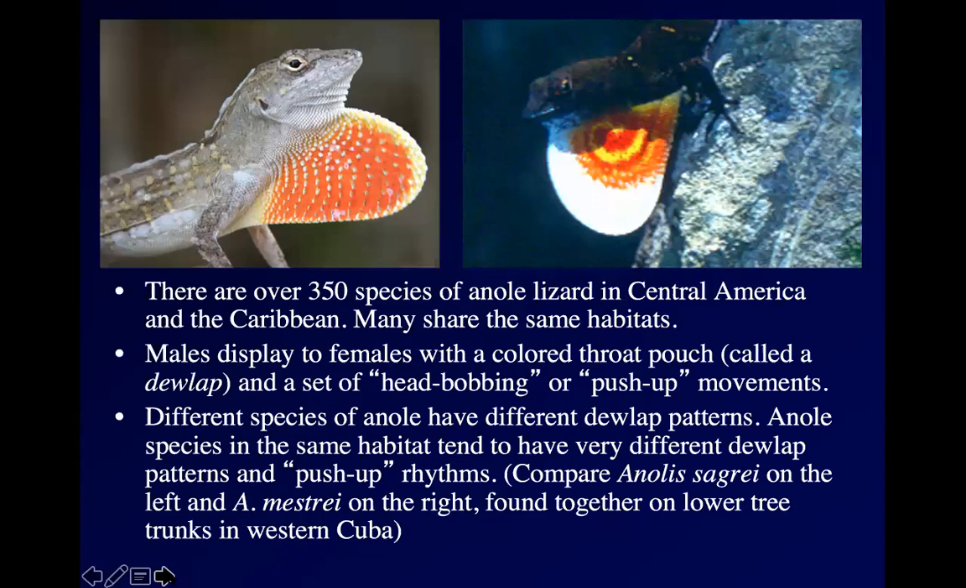There's over 350 species of anole in Central America and the Caribbean. Many of them share the same habitats, and as we've already seen, males display to females with a dewlap and head bobbing dance. And different species of anole tend to have different dewlap patterns, especially if they're in the same habitat. So on the left, that's a male Anolis sagrii, the Cuban brown anole,